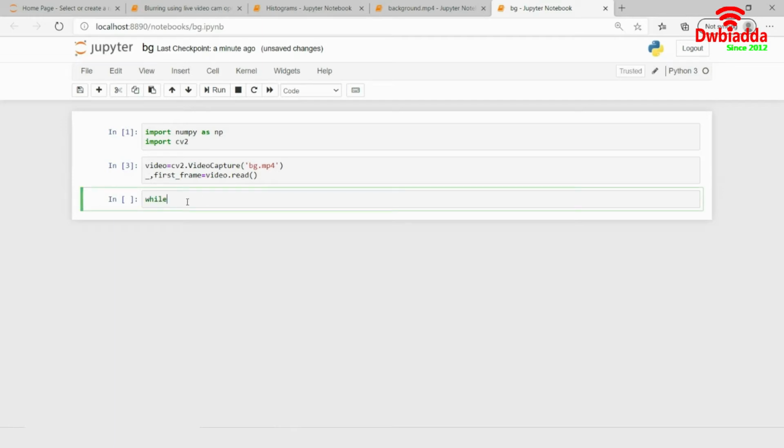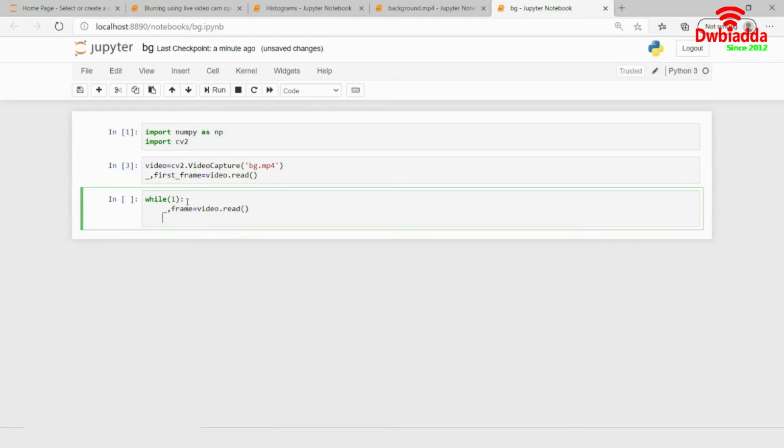Then while True, we again do underscore comma frame is equal to video.read, and then frame is equal to the absolute difference, cv2.absdiff, where I'll pass in the first frame